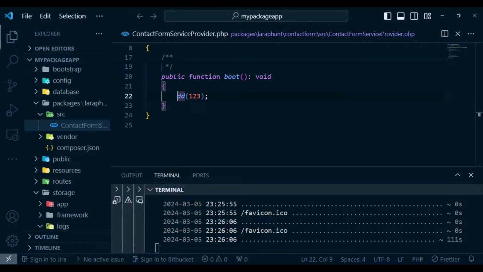In this video, we are continuing with the series of creating a Laravel package. In our previous episode, we did an initial setup, and this is where we had reached. We were able to set up the contact form service provider, and we were able to check that everything was working accordingly. In this video, I want us to create a form and then have it as a view,